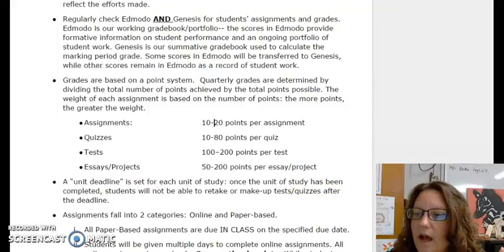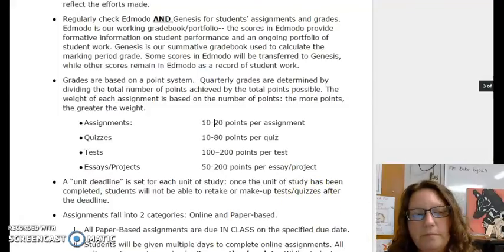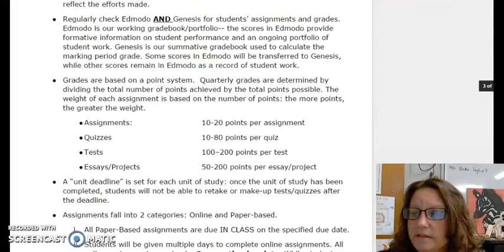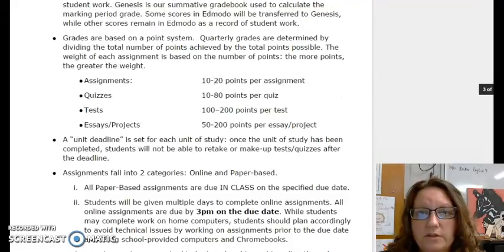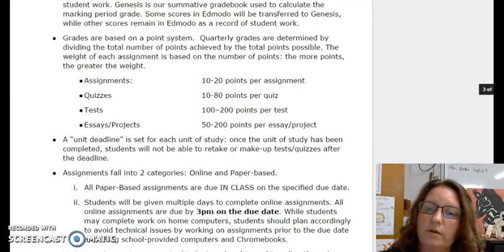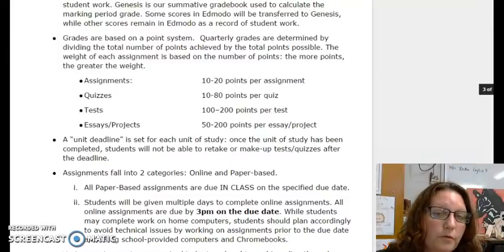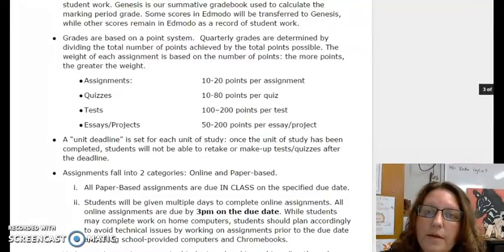Now, I don't do late work, meaning if you turn something in late to me, I'm not going to take 10 points off. What I expect is that you will do the best you can to turn things in on time. And a unit deadline will be set for each marking period. So let's say we're doing our short story unit, and I may say October 1st is our deadline. Anything that is not made up by October 1st will no longer be allowed to be made up later in